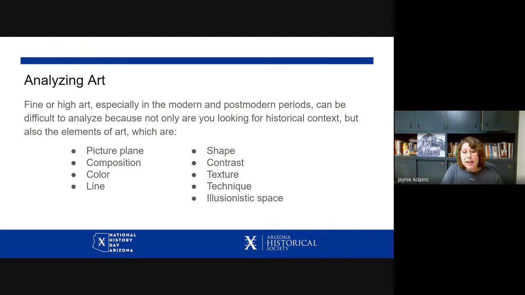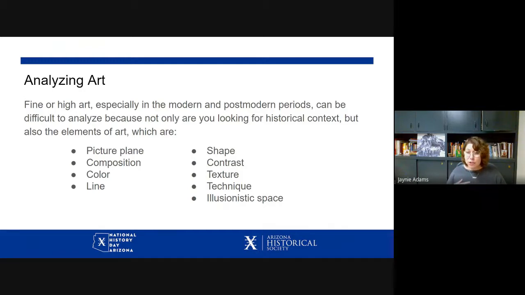So analyzing high or fine art can be difficult because not only are you situating that piece within its historical context, but you need to have all of these other different analytical tools called the elements of art, which are picture plane, so how the picture is organized. And then you have composition, you have color, the use of color. Are they muted colors? Are they acidic colors? Are they highly saturated colors? You have line, shape,